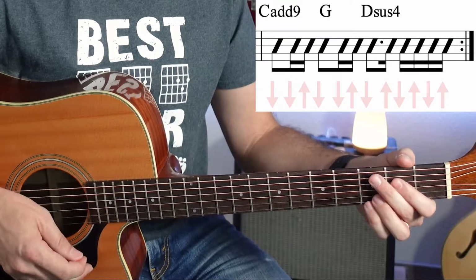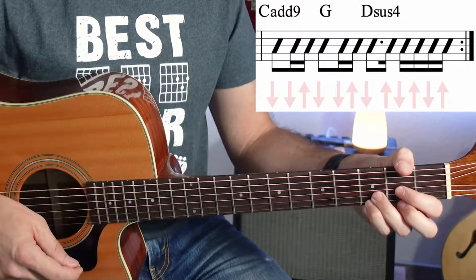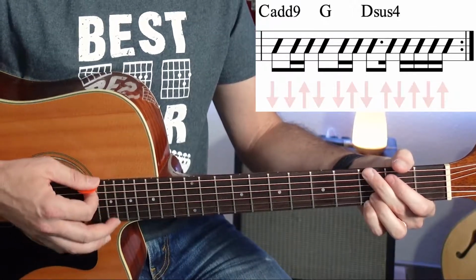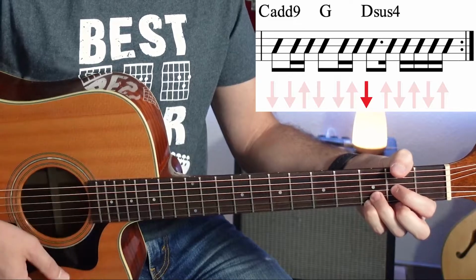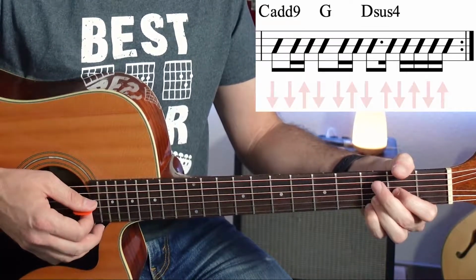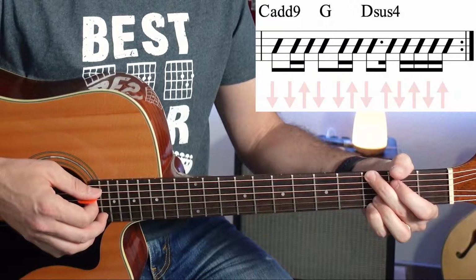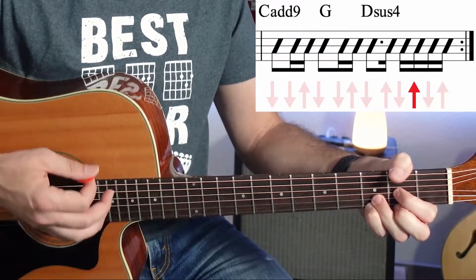Now we have Cadd9 here for the first beat, and then G major for the second beat, and then Dsus4 for the third and fourth. So it's gonna be Cadd9, down, up, and then G, down, down, up, and then Dsus4 is gonna be down, up, down, up, down, up. So Cadd9, 1, and then G, 2, and then Dsus4, 3, up, 4, e,